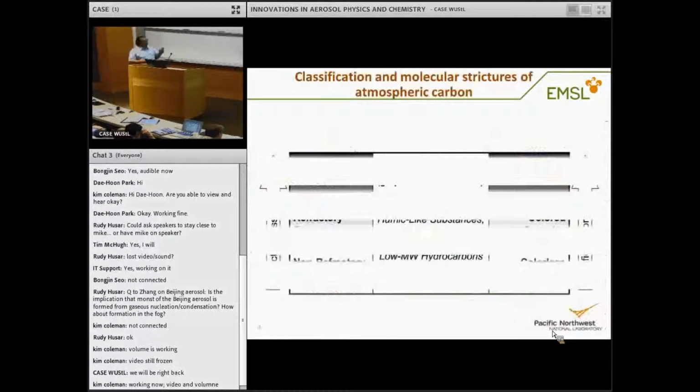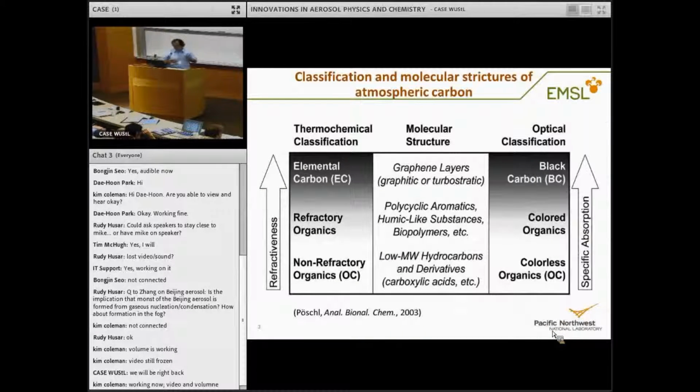The scientific topic that I chose to talk about today is the phenomenon of brown carbon aerosols. They are mainly formed as products of biomass burning, as Doug already noted. All the organics in the atmosphere can be sorted out based on their refractiveness and light absorption properties. We know that the most absorbing carbonaceous material in the atmosphere is of course